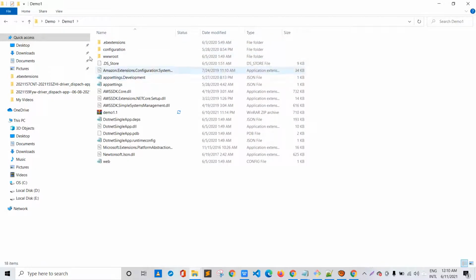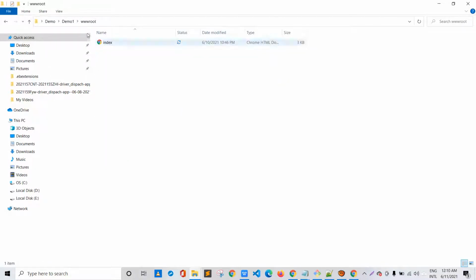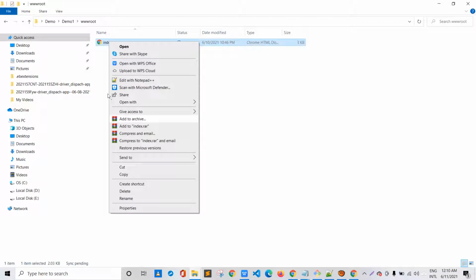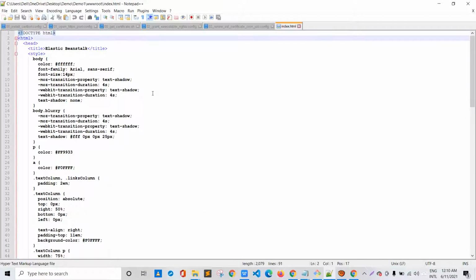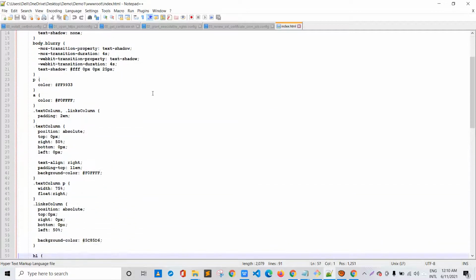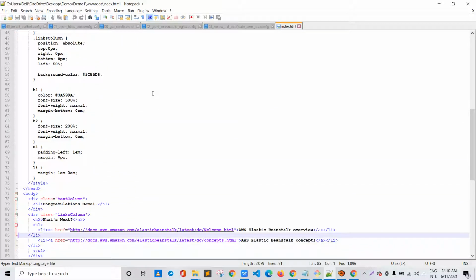Inside demo1 I'll go to www root, and open it in a new editor. Let me edit it in Notepad++. Before, I had written here congratulations demo1, and let me write here congratulations demo 1.1. Okay, so I'll save it.